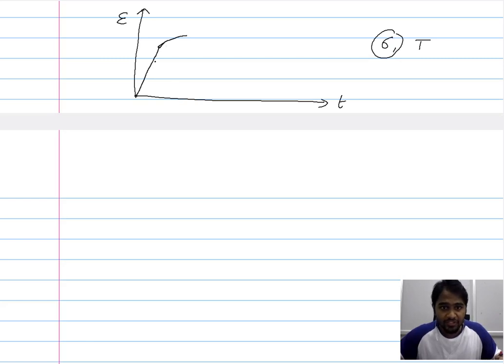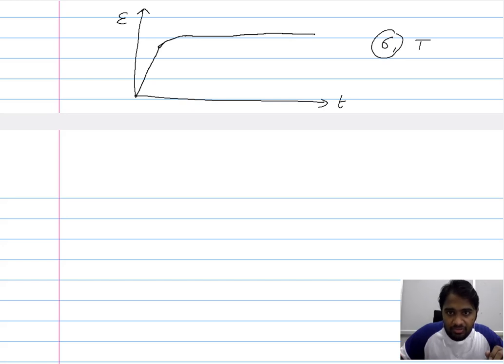So we have a first stage wherein there is an instantaneous increase in the strain, and the second stage wherein there is a gradual decrease in the strain rate. Now following this, there is a stage wherein there is only a very minimal increase in the strain, and finally you have a stage wherein there is a sudden increase in the strain and ultimately the failure of the material.